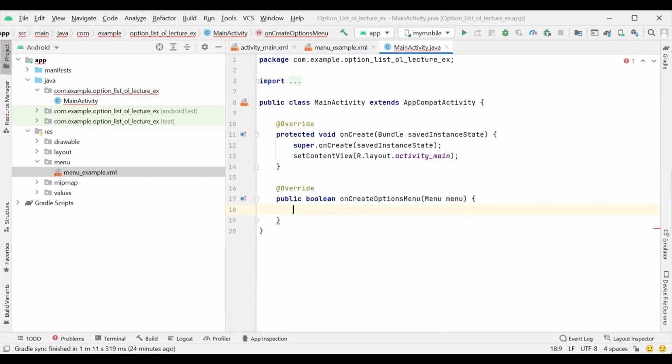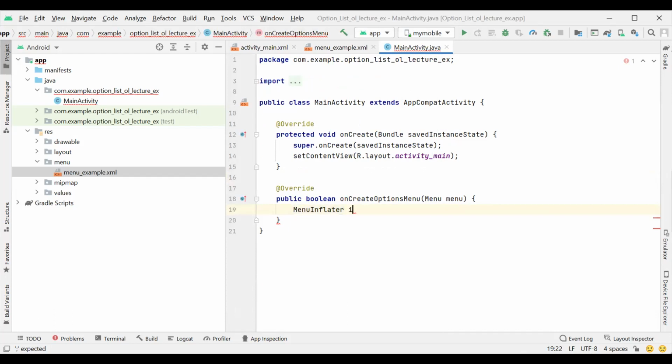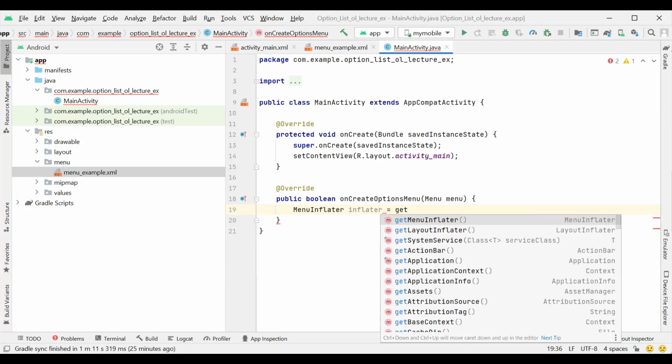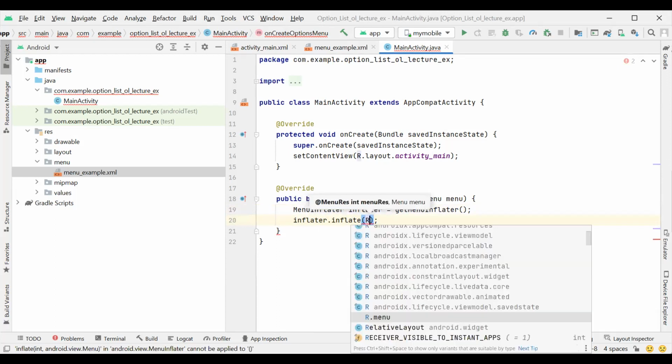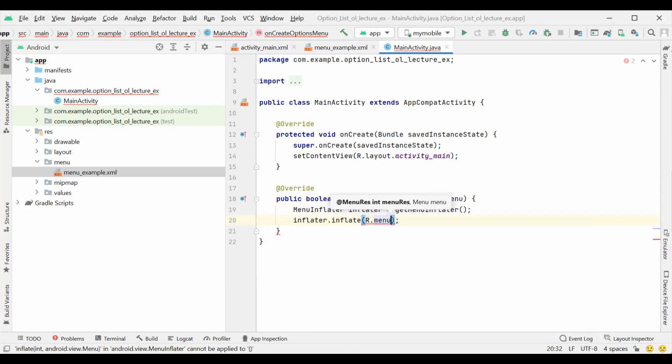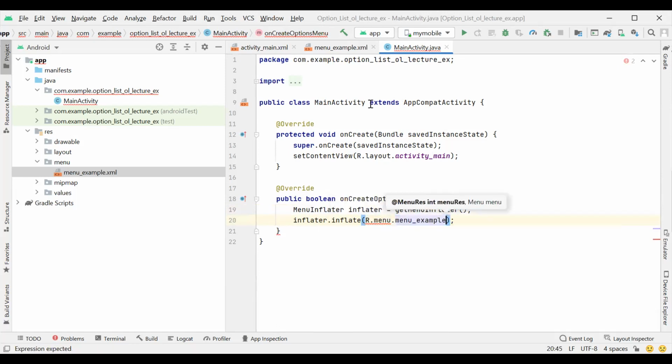We first create an object of MenuInflater: inflater is equal to getMenuInflater, and then inflater.inflate, in which we pass the ID of the menu, that is R.menu.file name, which is menu_example.